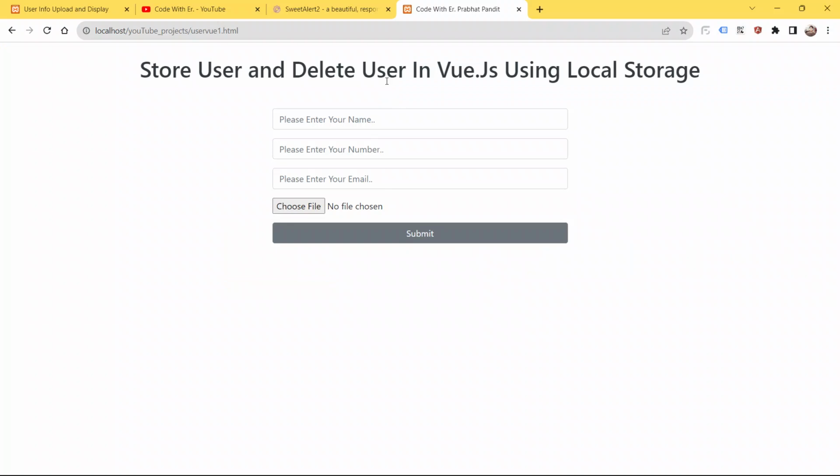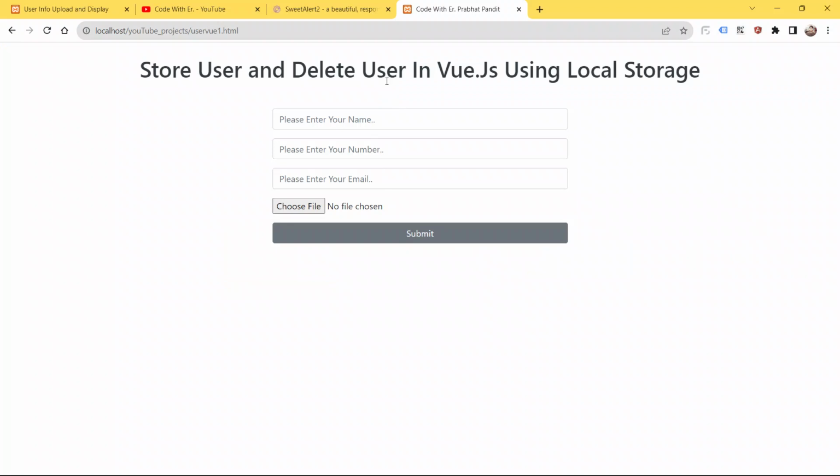Just suppose, okay, user has already submitted some data into the local storage, and he is now refreshing the page, or he is now loading the page again and again. So guys, we should also check if some details, some information is already in the local storage.